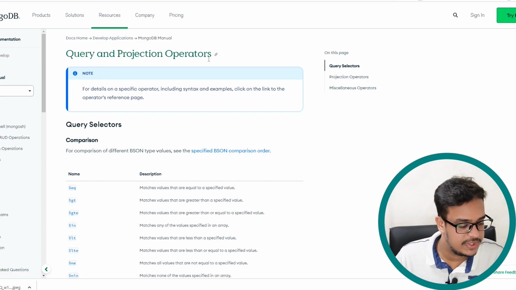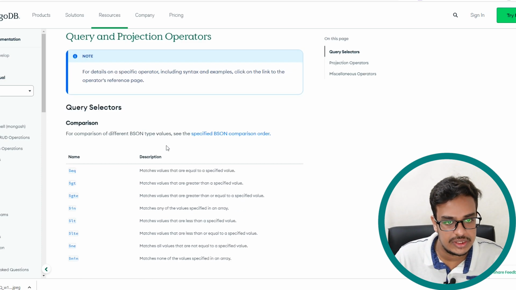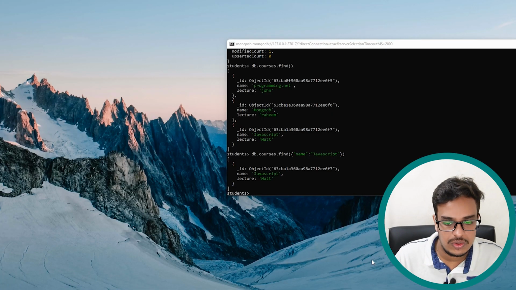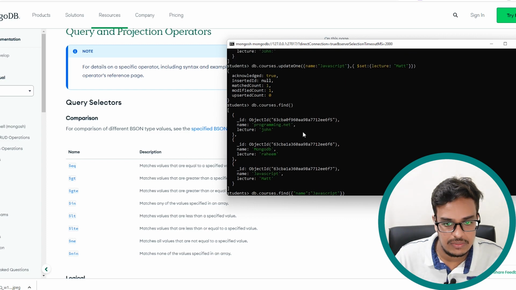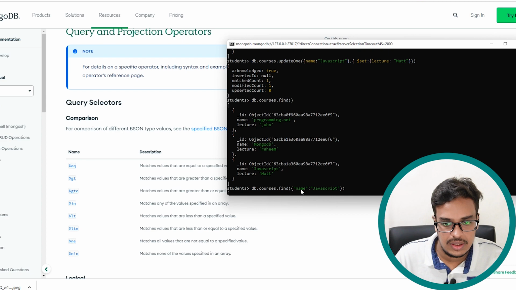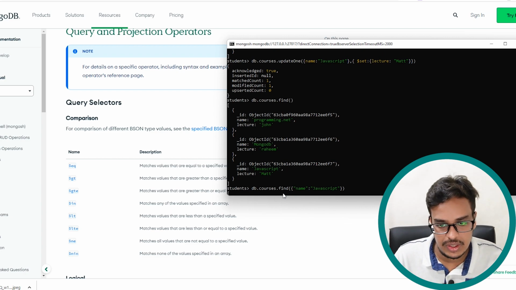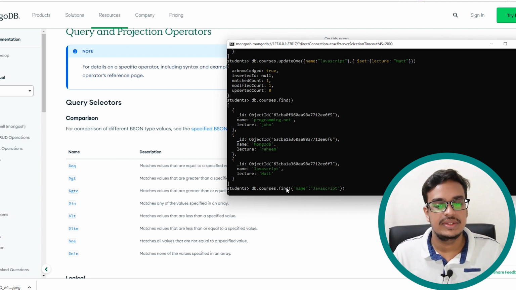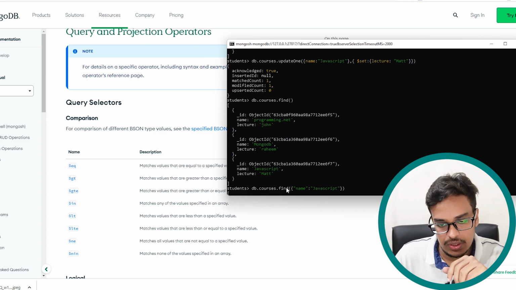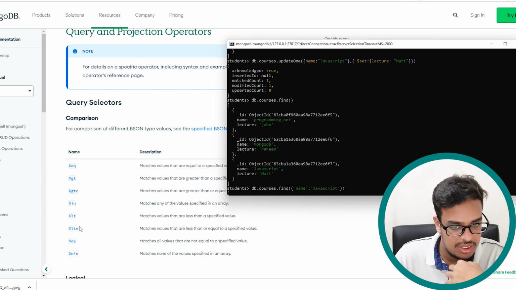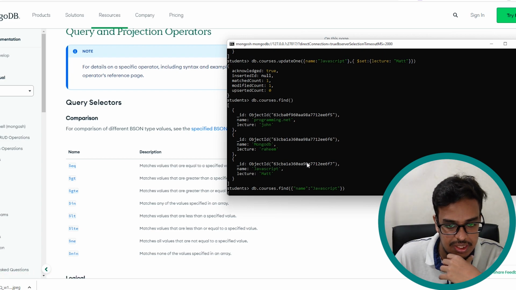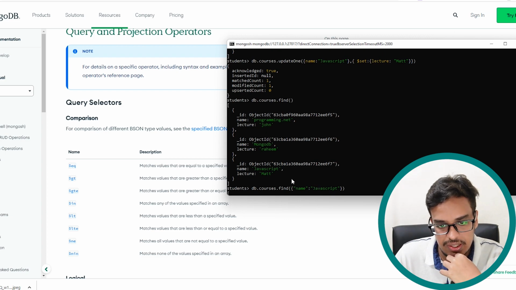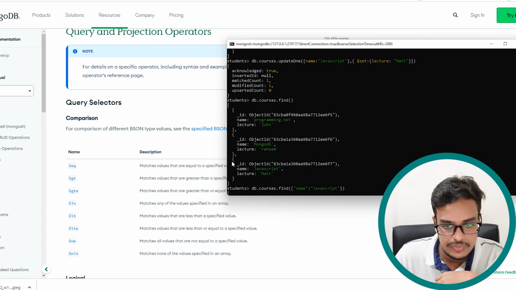Yeah, I want to especially talk about this query and projection operator. In the query, you are already using this command, right? So in the command, we are using this command findOne, and if you are passing the specific title or a name, it will send you the result, right? So in here, we can pass anything, equal or not, right? So let's say, for example, I want to filter out and get the data not equal to JavaScript,